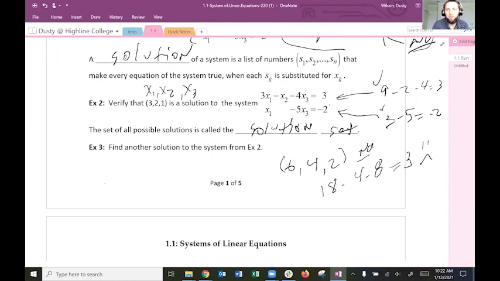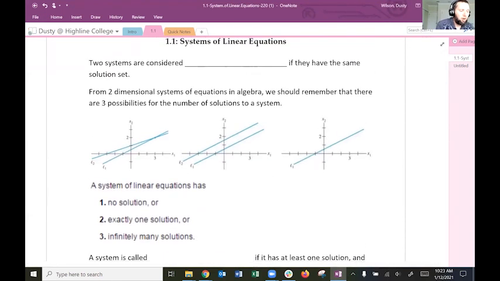Nice. So we've got two more solutions that have come out. But clearly it's a little bit of a guessing game. So I think the main point is we would like a better way of finding all solutions. Let's keep on going. So two systems are considered to be equivalent